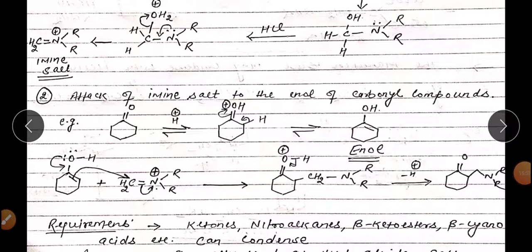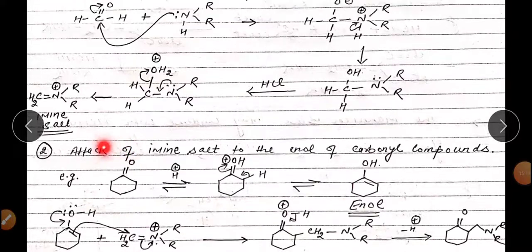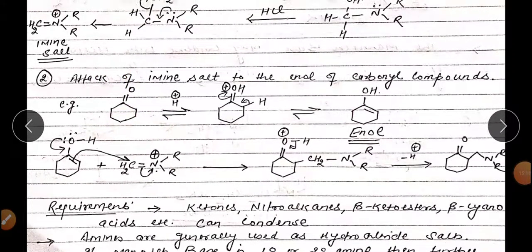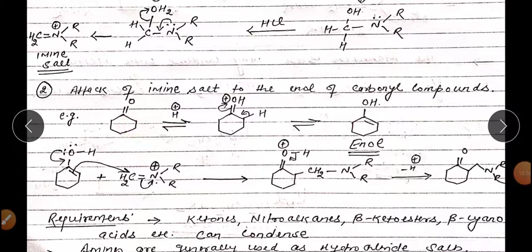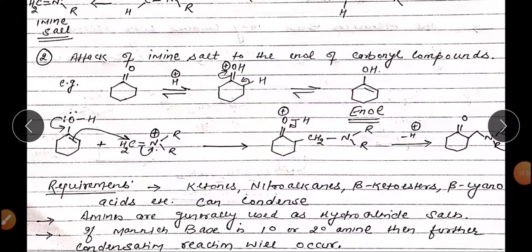If we talk about the formation of the product without the mechanism, how we can explain which product will be synthesized: we can see that this is your particular ketone, and there will be insertion of this CH2 group between the amine and this ketone. So that will be the final product of the reaction.